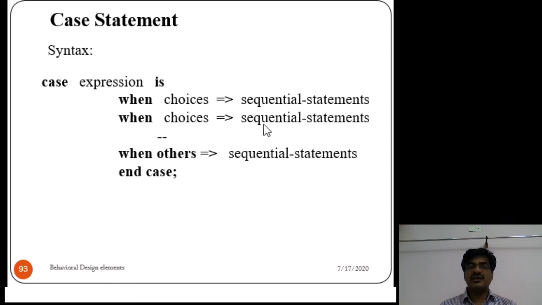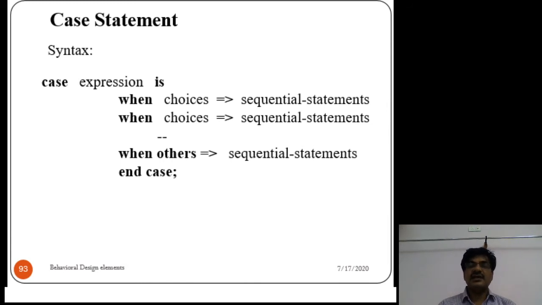Based on the choice, which sequential statements are executed is decided. Then when others, if the choice is not there, execute some other sequential statements, then finally end case. This is the syntax for the case statement.